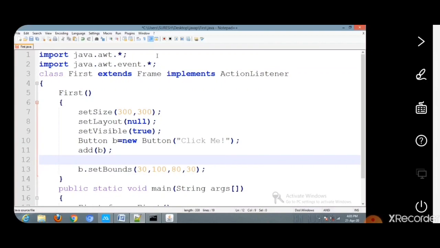So b dot addActionListener. This b dot addActionListener this. Okay.